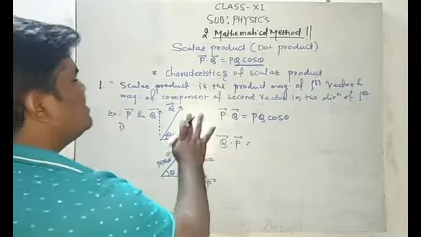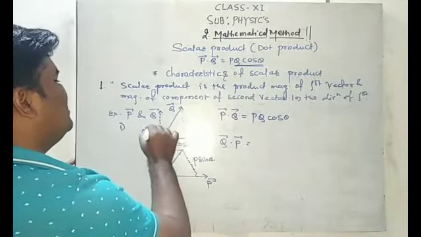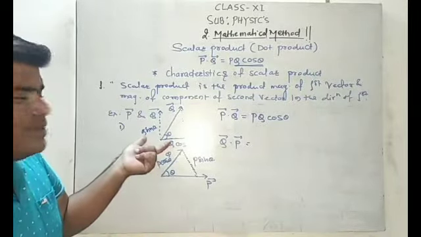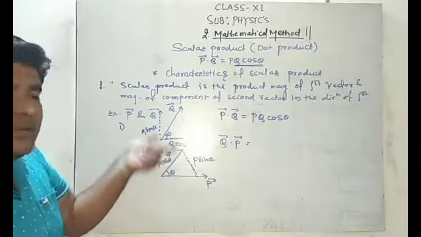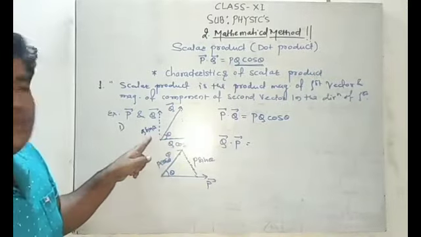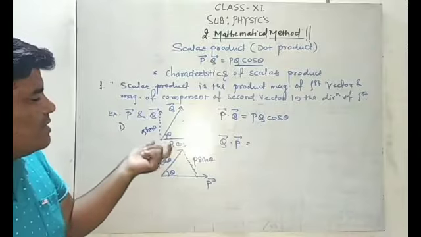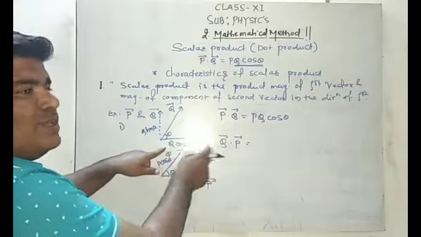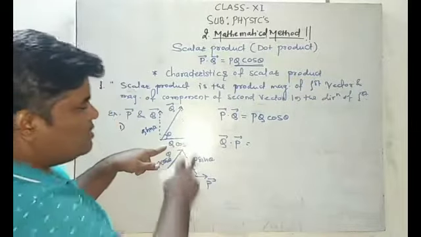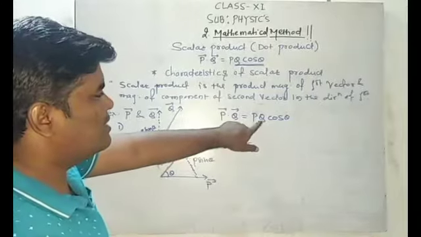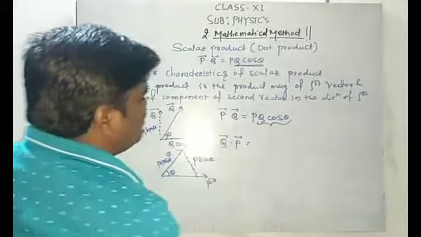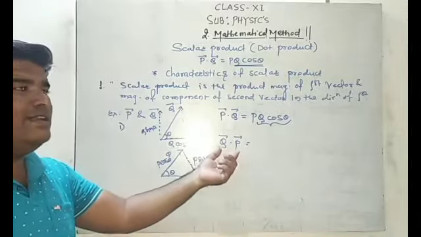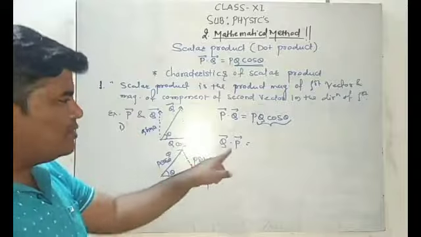And you know that this is q sin theta and this is q cos theta, right? The two components of q, by resolution of the vector: the vertical component will be q sin theta, and the horizontal component, along the angle, is q cos theta. So which component do we take? The one in the direction of the first vector. That is why we took q cos theta in the direction of the first. Similarly, we can multiply these two vectors this way, that is q bar dot p bar.